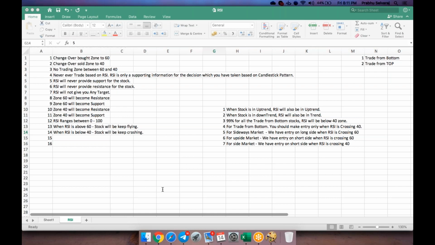When the RSI is crossing 40, we make an entry. What if it goes to 41, and again crashes below 40? Devendra Pal, when a stock is extremely traded from the bottom, the candlestick would have already given a reversal confirmation, and the RSI will also give a confirmation of crossing 40. You make an entry, but at this point, your stop loss would always be between 1 to 2%,